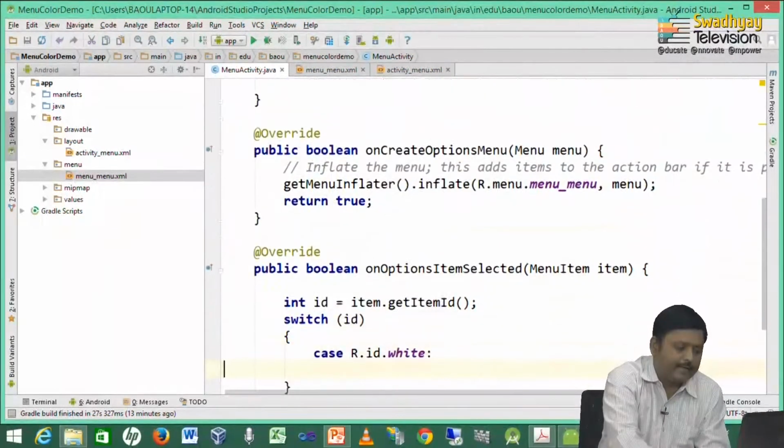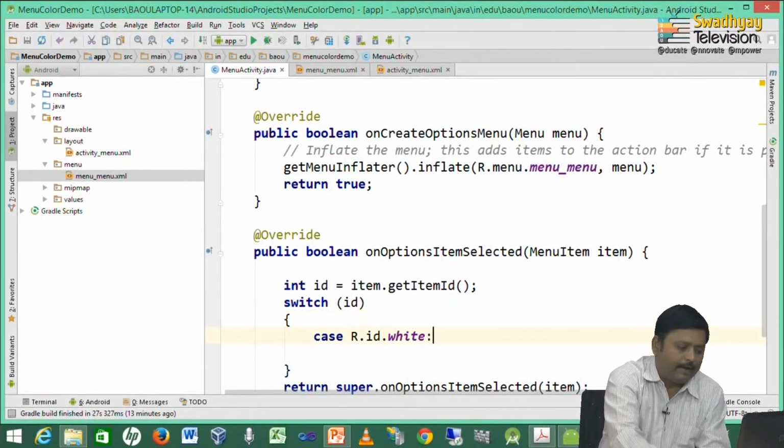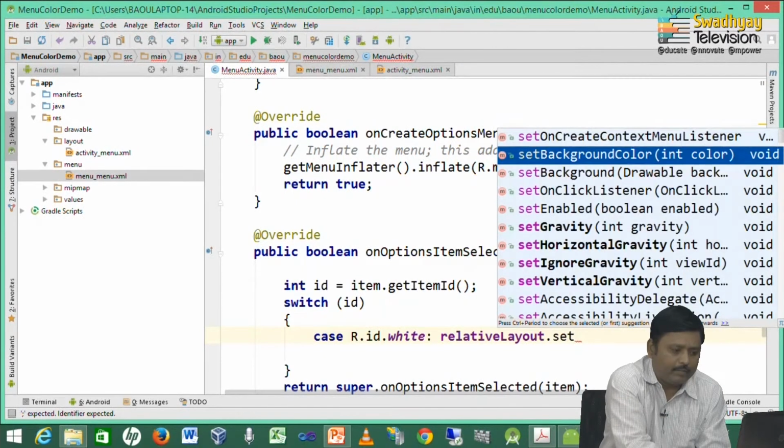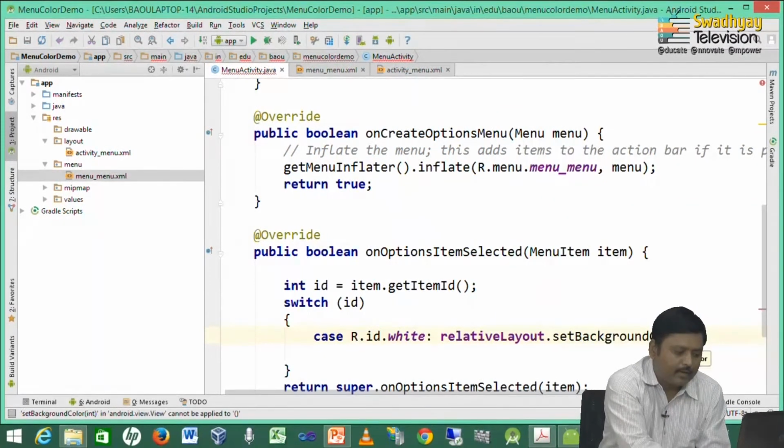So, inside these, when the white menu item is pressed, we write down relativeLayout.setBackgroundColor. So, here is the white option.